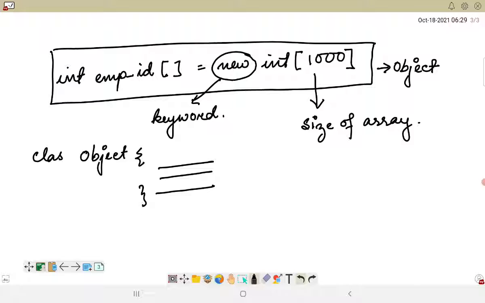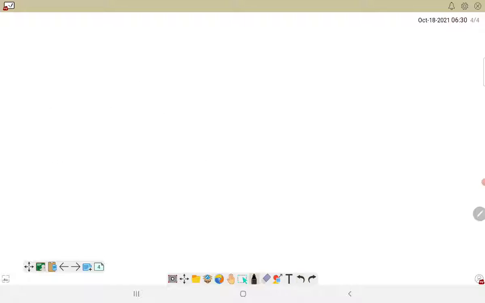Okay, so arrays basically extend the object class. So this is what we have to remember. Moving ahead, we have to consider that an array in Java is basically an object.